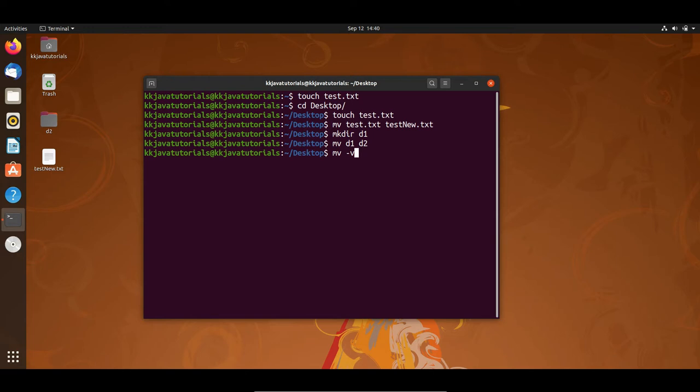Let's see how it works. I will write mv -v, my file name is test_new, and the new file name I would like to give is test.txt. If I press enter, then you can see it says to rename this file into this file. So if you want the extended information, then you can specify this flag -v.